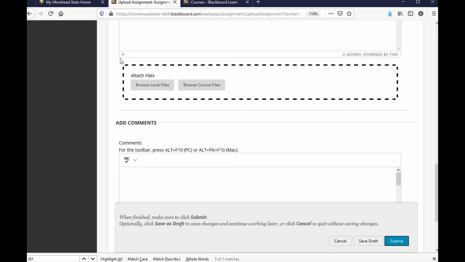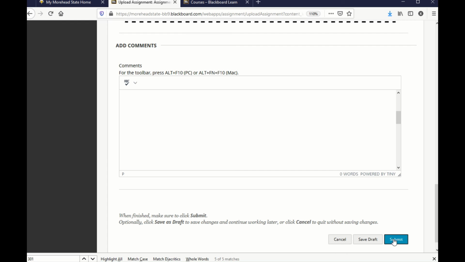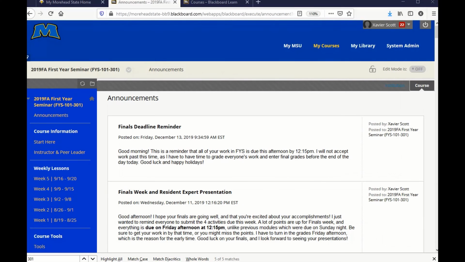Additionally, you could put your files that you've created, such as Word files, by attaching them just like you would with an email. To do this, click Browse Local Files and locate the file on your computer and click OK, and then click Submit. If you encounter any technical issues, simply go to the My MSU link at the top